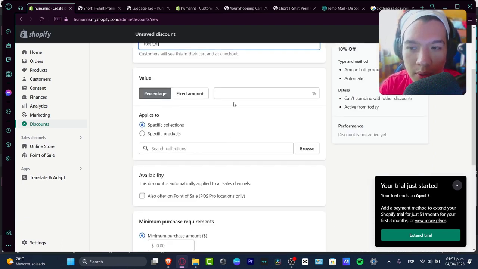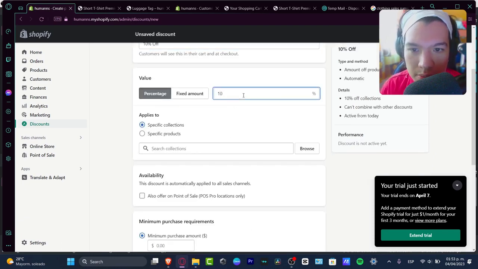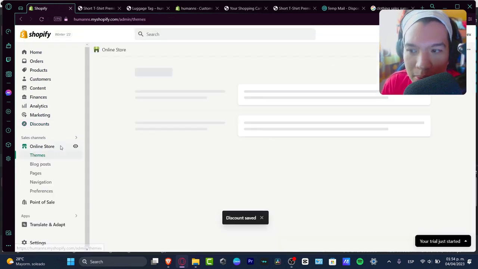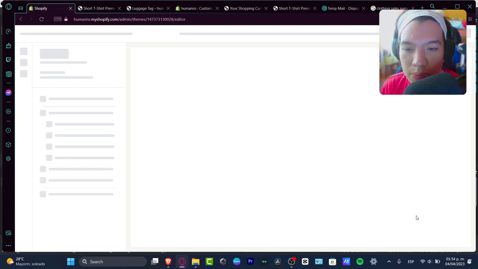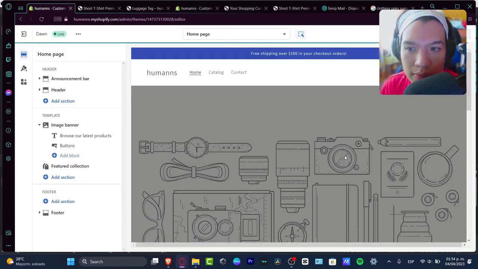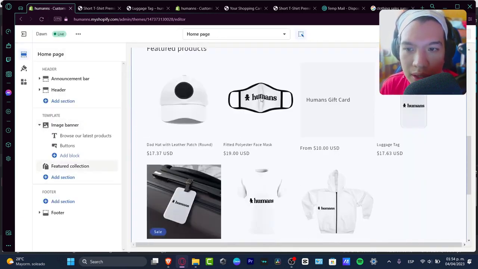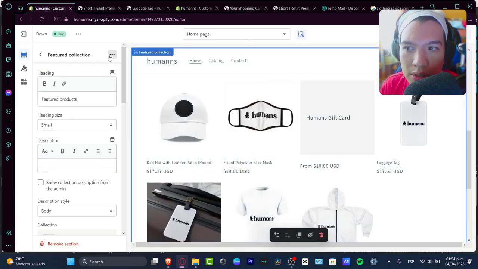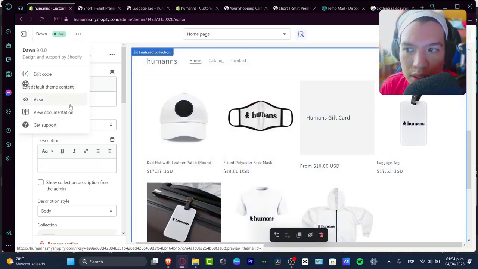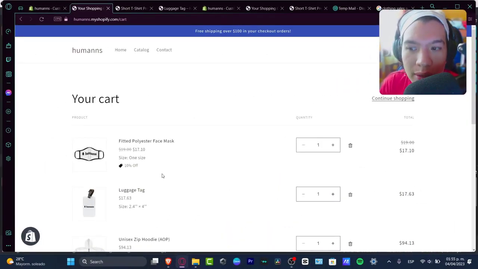The value I wanted to choose is 10% off, of course. Then I go back into my online store. I'm going to locate once again the product that we have just made the discount for. I'm going to scroll all the way down, and here I'm going to choose the filter polyester face mask. I'm going to go into view my store, so we can see how it's going to look. And automatically I have the 10% off in my cart, so I just added the discount automatically to this